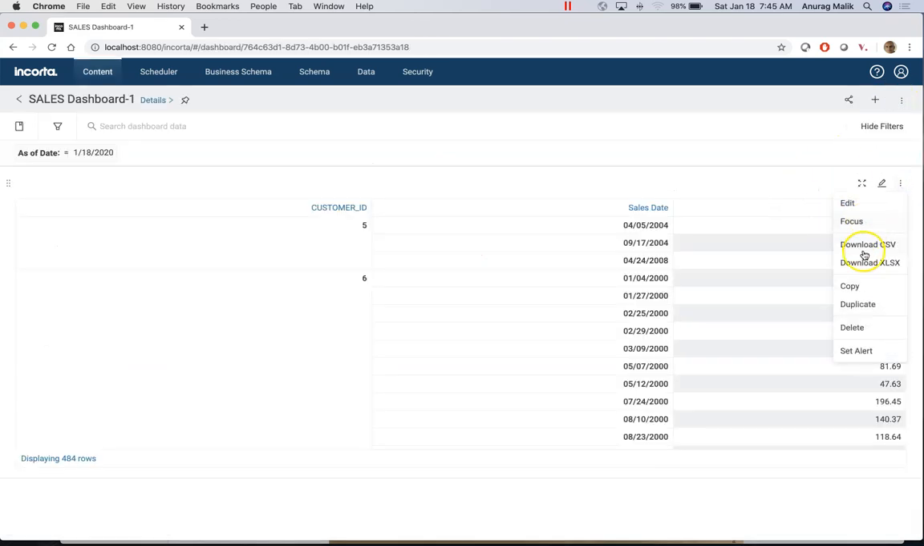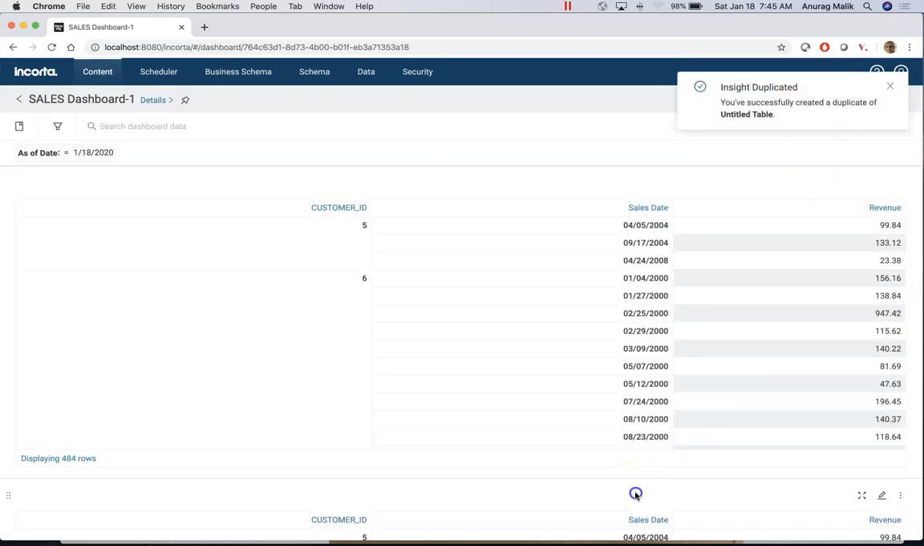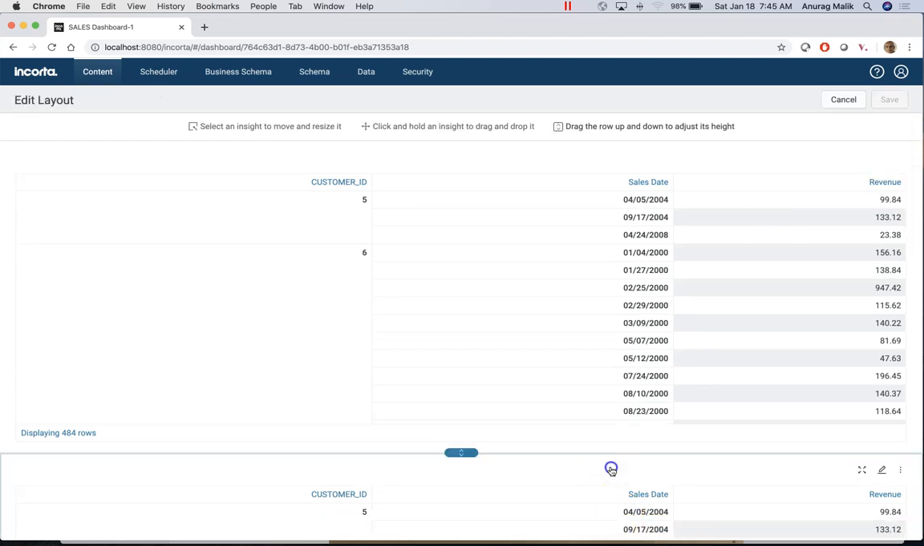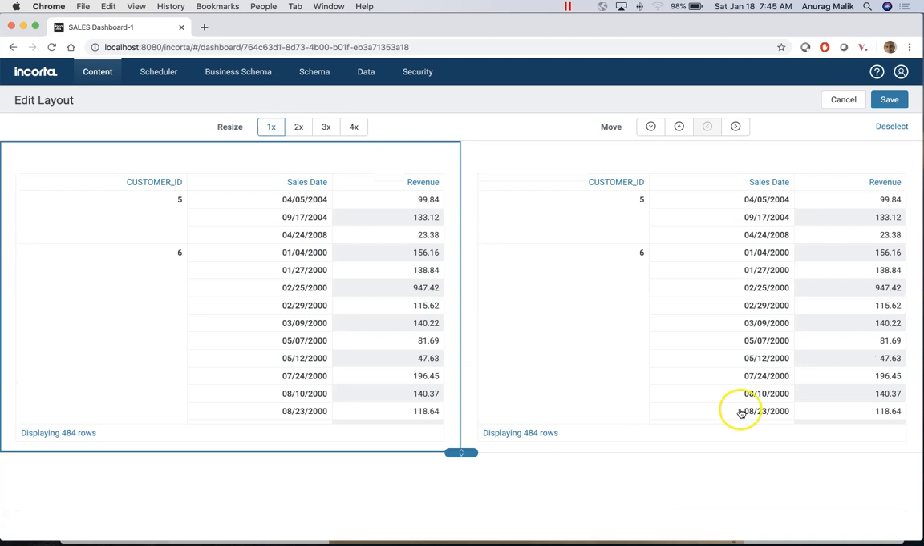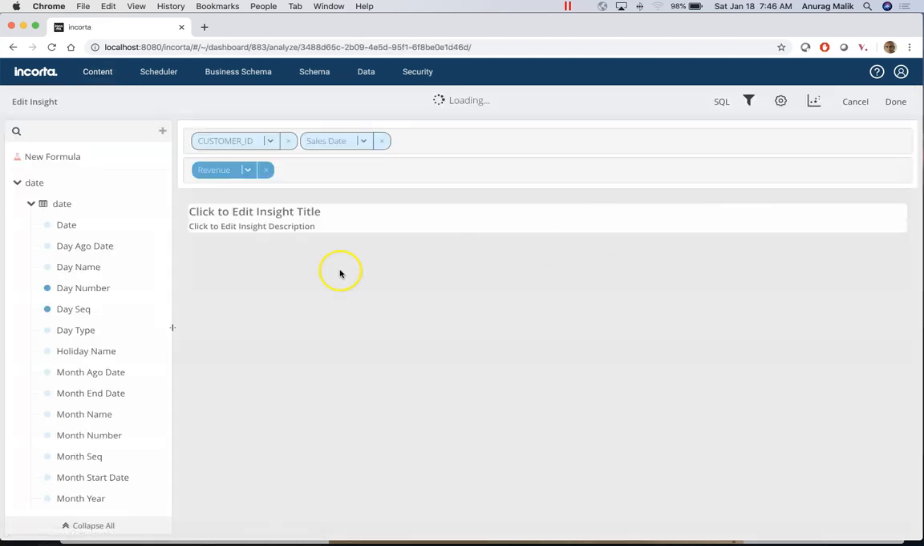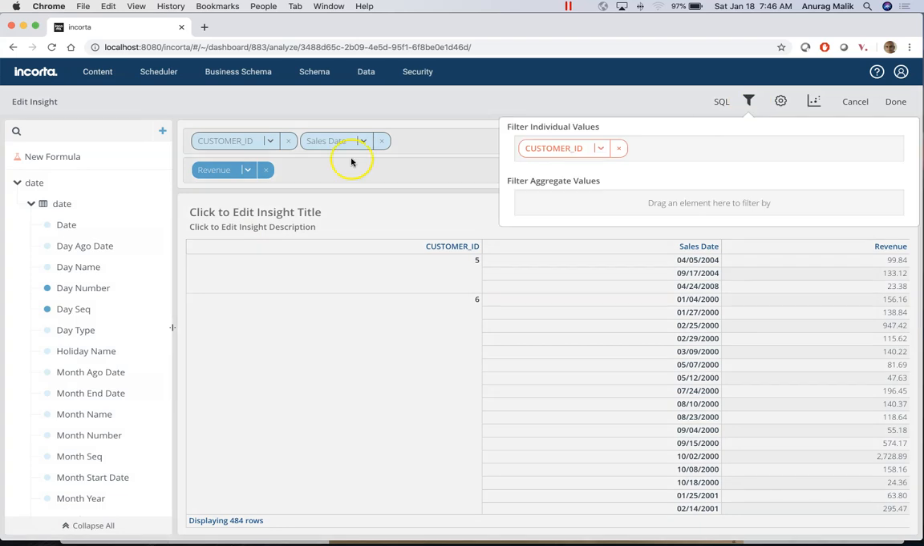Now let's duplicate this table so that we have something to compare by when we apply a filter. We'll apply a filter only in this table and will not apply a filter in other tables, so it's easier to compare. Let me move it. Okay, now this is the table where we will apply the filter. So let's go ahead and design our filter